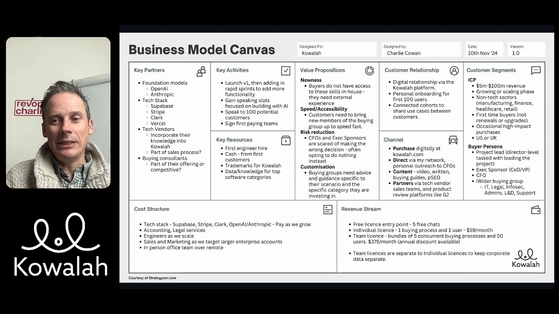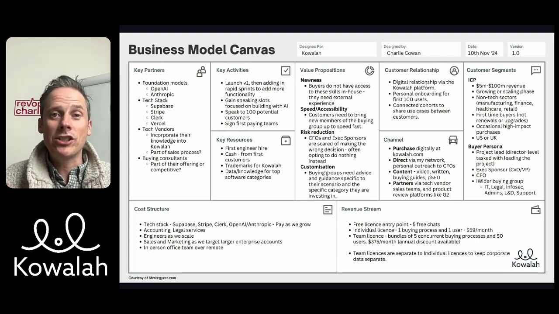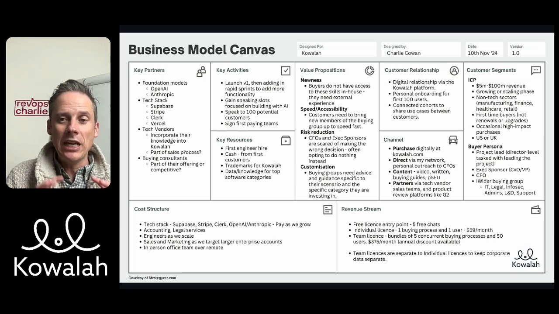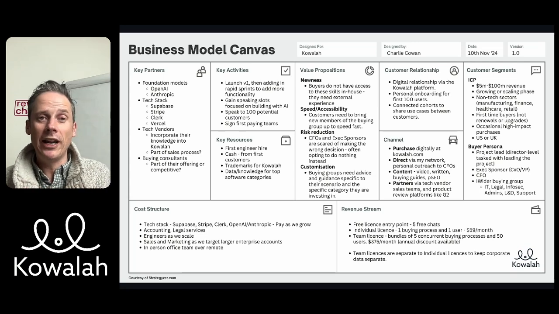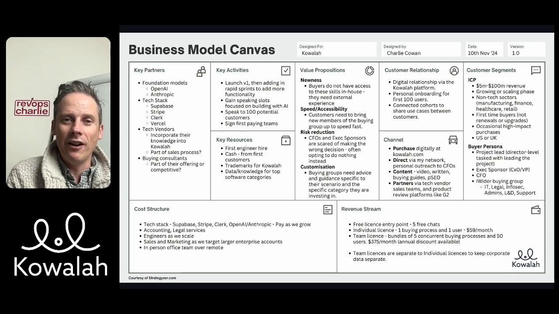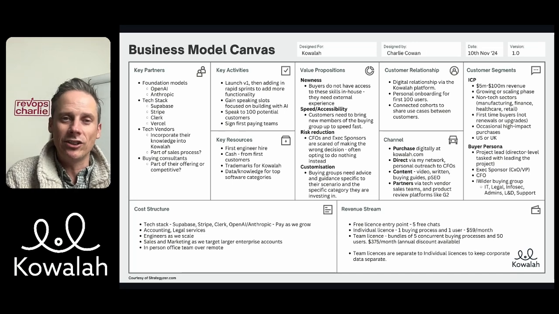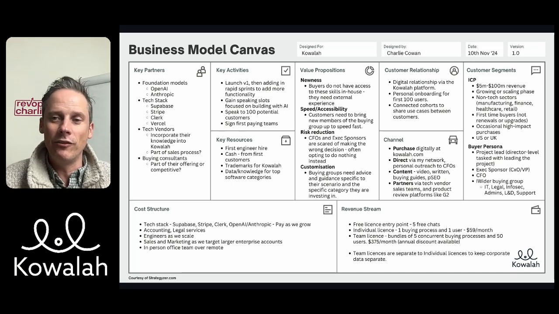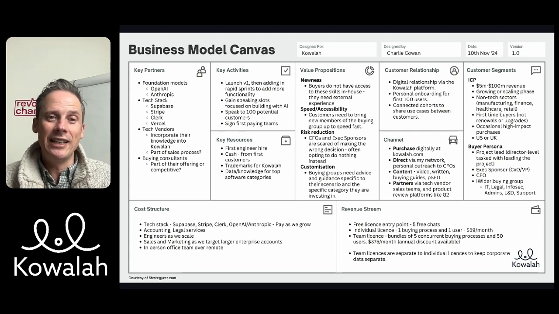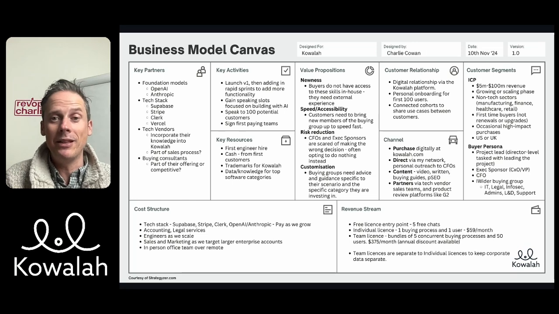Then beyond the ICP, we start thinking about the buyer personas. So who are the individual people that might be users of this product? So firstly, it is the project lead who is running this buying process. And that's quite an ephemeral role. You're either running that project at that moment or you're not. It's not like something you're going to have on your LinkedIn profile. But typically, it's a director level person that has been tasked with leading this buying process and maybe the implementation